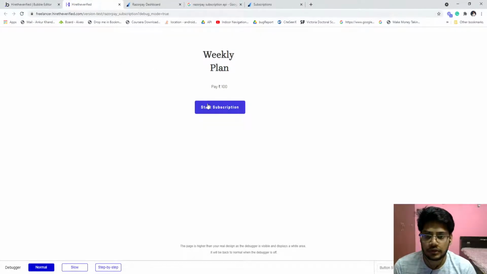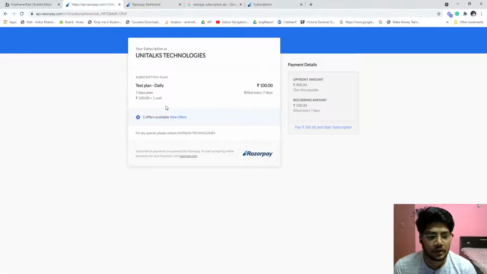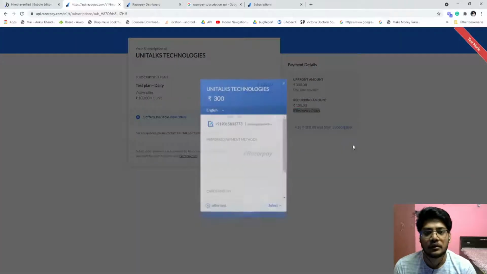So when you click on start subscription, it will come to this. As I already mentioned, 100 rupees is the upfront amount, and the recurring amount is 100 rupees that is billed every 7 days. You just have to pay.